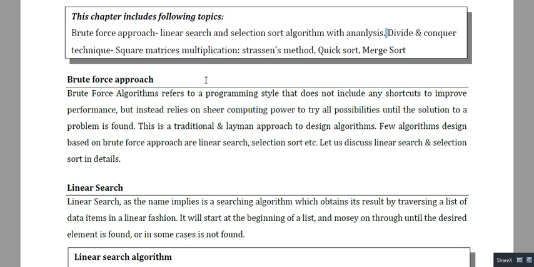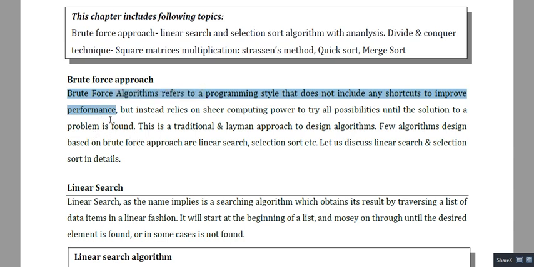Okay, so let me start with what we mean by a brute force approach for solving any kind of algorithm. I think this is the most traditional approach, the approach of, we can say, inexperienced people. This approach simply does not follow any kind of style.